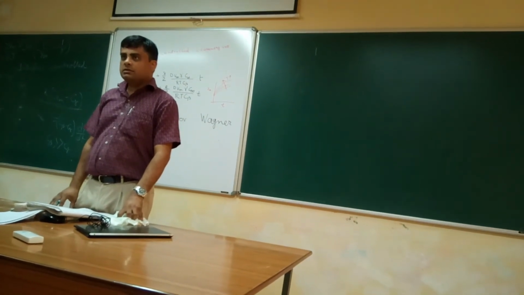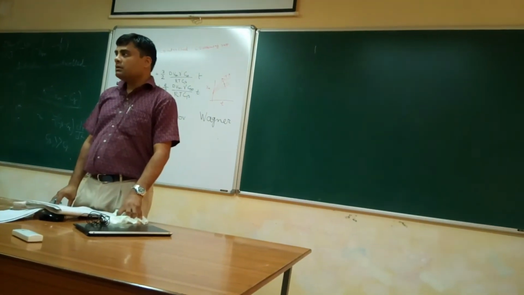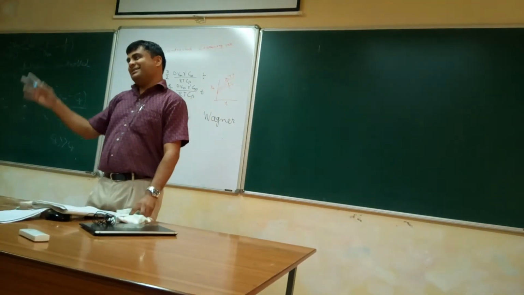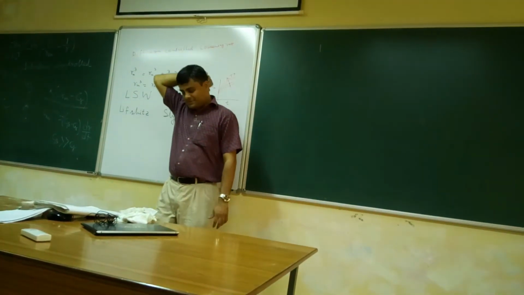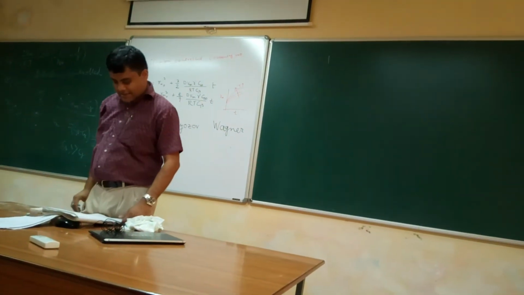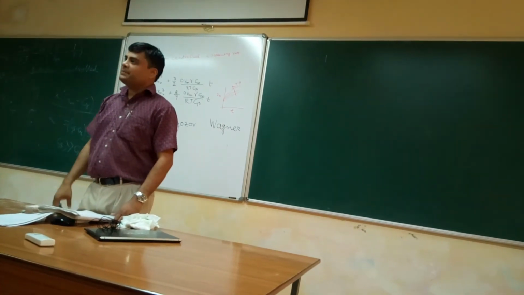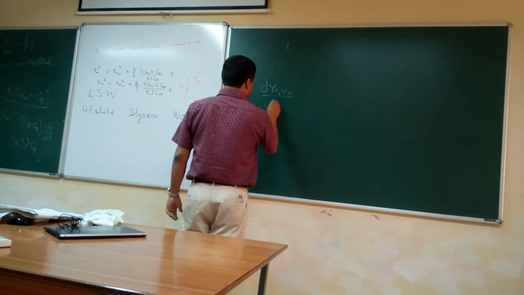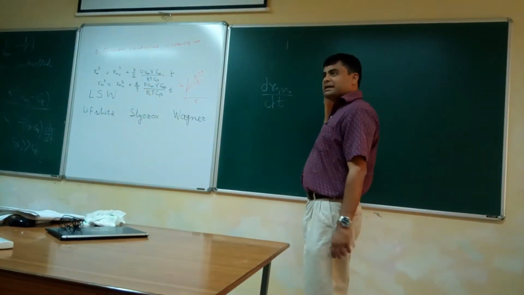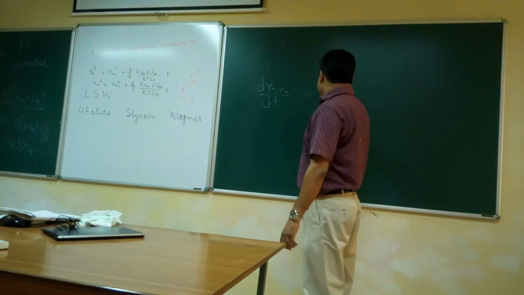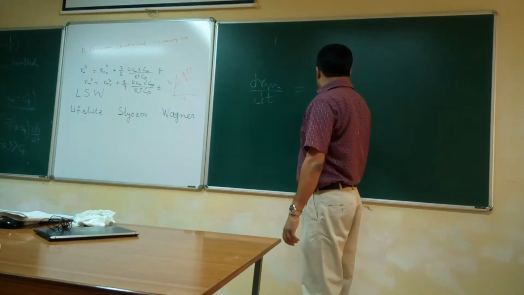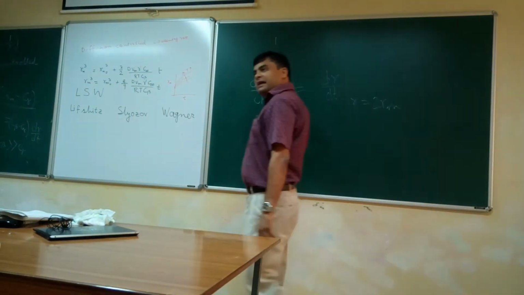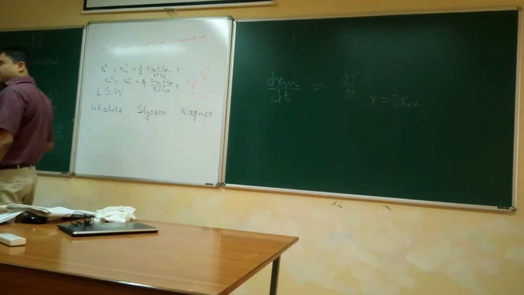We will take the same assumption. Which assumption? drm dt equal to. Yes, so here also you take that assumption: arbitrarily, the average particle size is increasing at a rate when the particle size is r equal to 2rm. You take that arbitrary assumption here also. Under that assumption you do it.